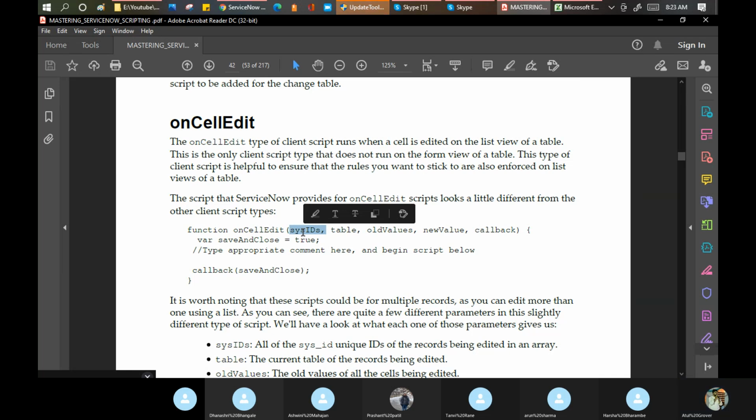Does anyone have any idea why they are using the sys id? Tanvi, Dhanashri, Arun. Because we are working on a particular record on cell edit.